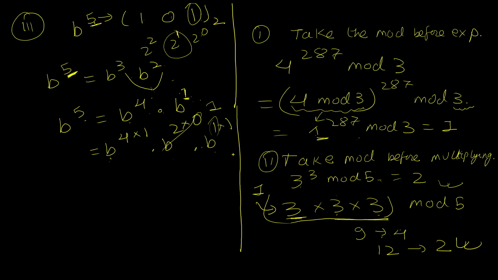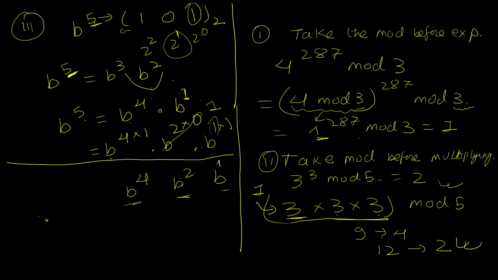But how does this help us in the algorithm? Because now I can calculate the exponent by simply doing a pass on these numbers. You can see I just needed to calculate b here, b square here, b to the power 4 here. Okay, and 4 plus 2 plus 1 is 5. And you'll also notice that this value is just the square of this, and this value is also just the square of this. So each time I grow into a new term, all I need to do is to square